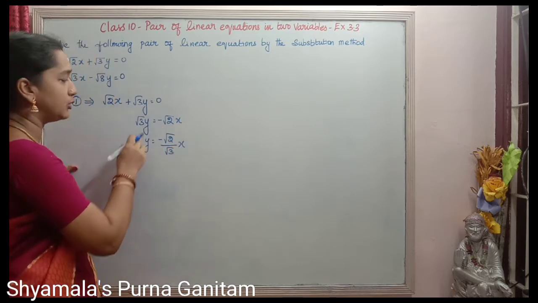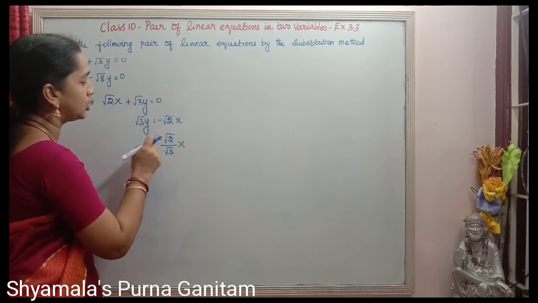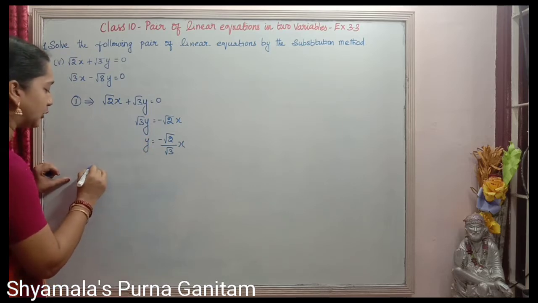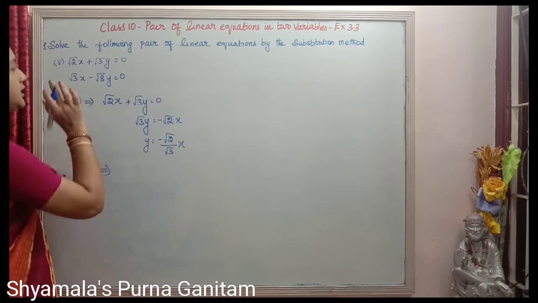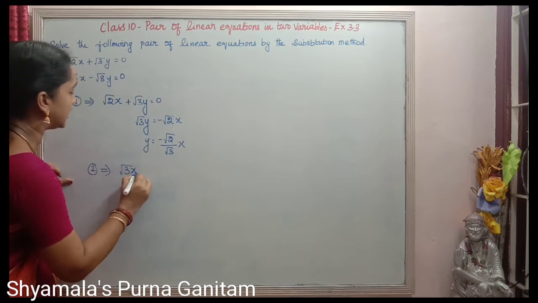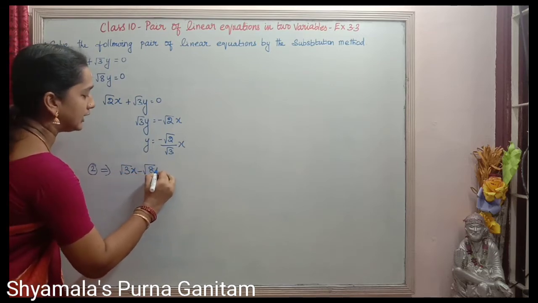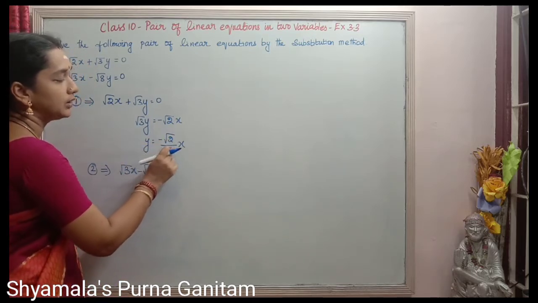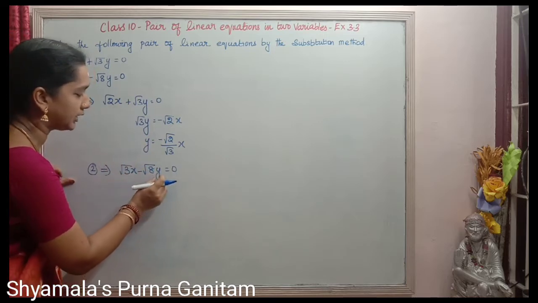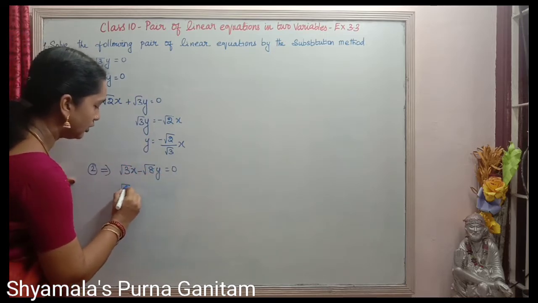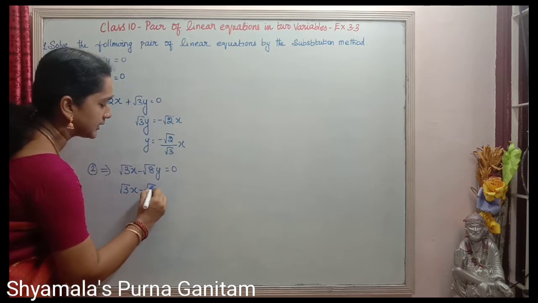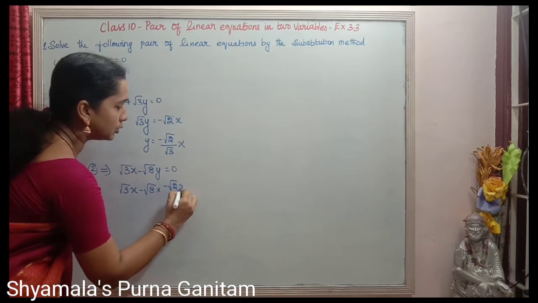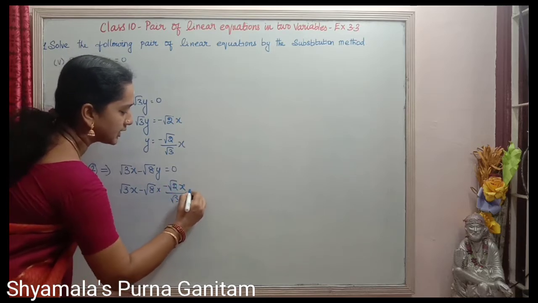So this is my y value. This y value I am going to substitute in the second equation. My second equation is root 3x minus root 8y is equal to 0. So this y value, minus root 2x by root 3, I am going to substitute in place of y. So root 3x minus root 8 into minus root 2x by root 3 is equal to